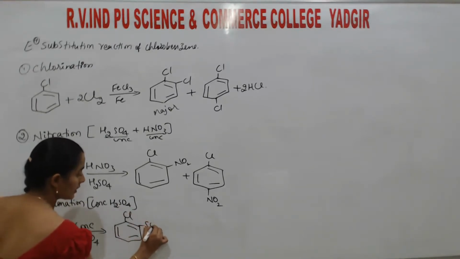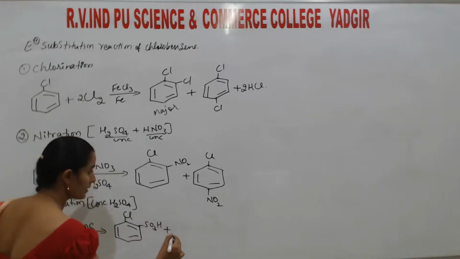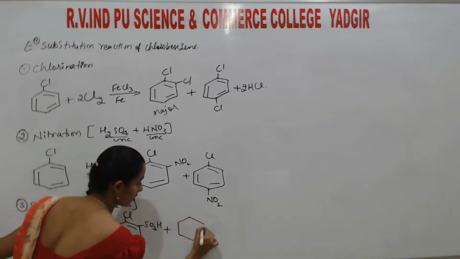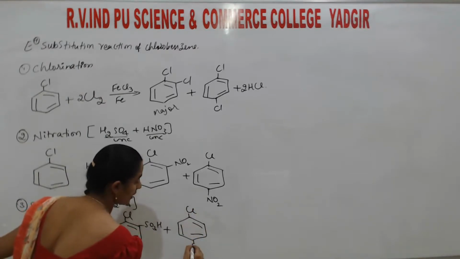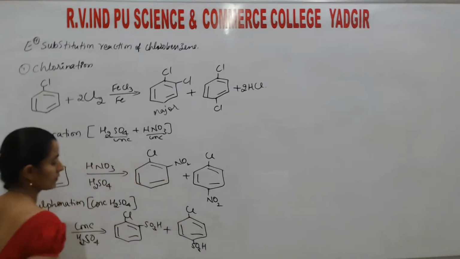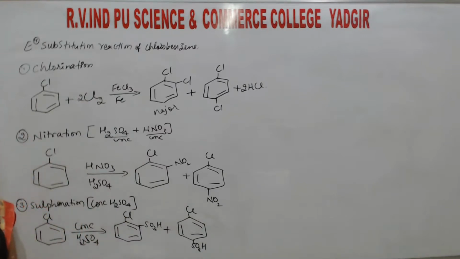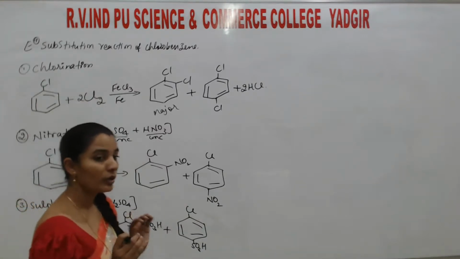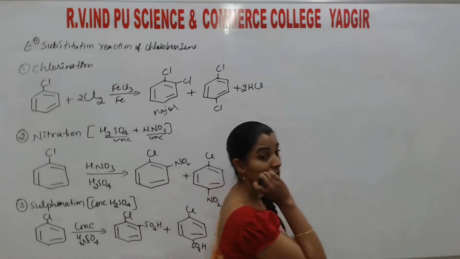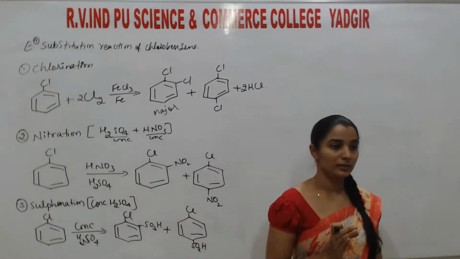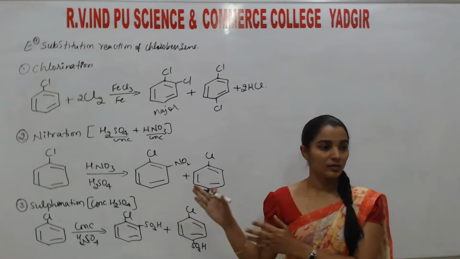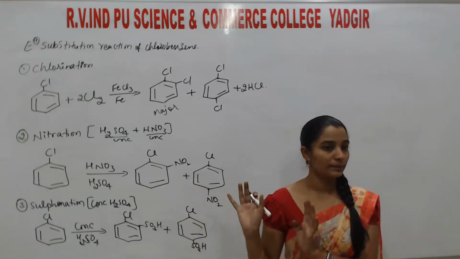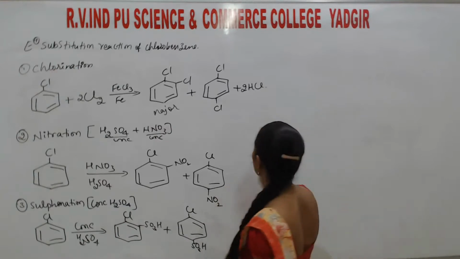Ortho-substituted sulfonic acid plus para-substituted chloro-sulfonic acid. Here, we only need to check which one is the electrophile. If we know the electrophile, the reaction is easy. Understood? So the next one is